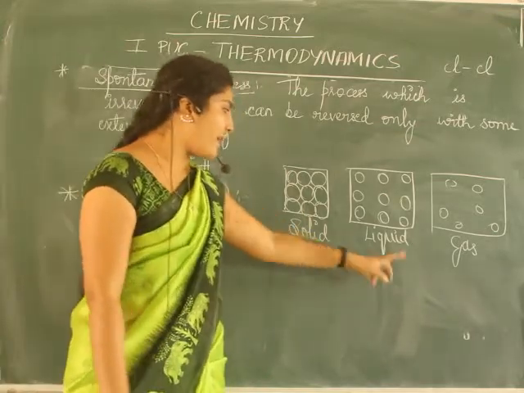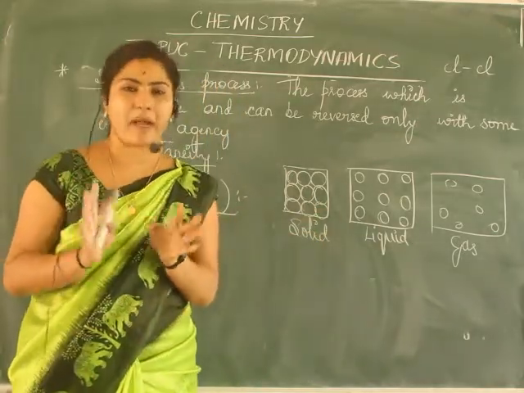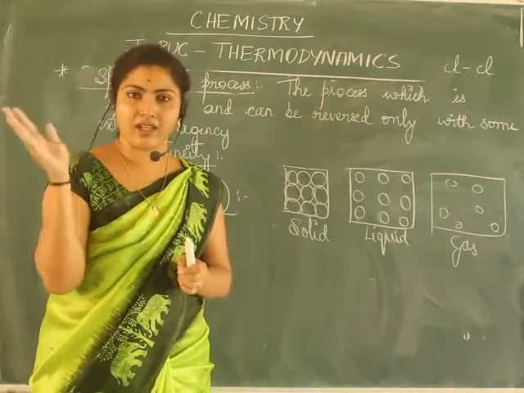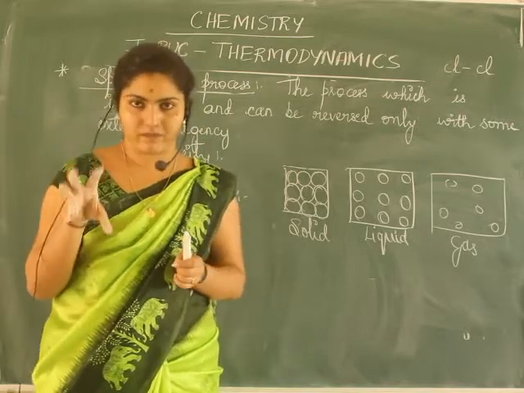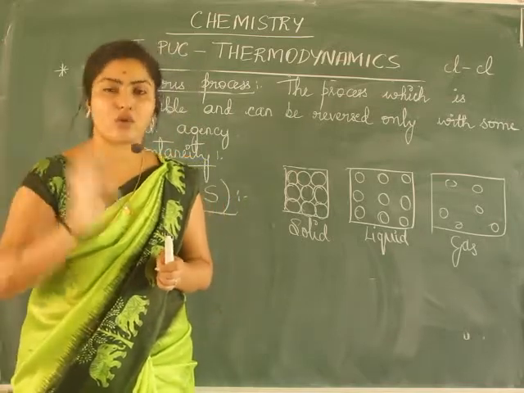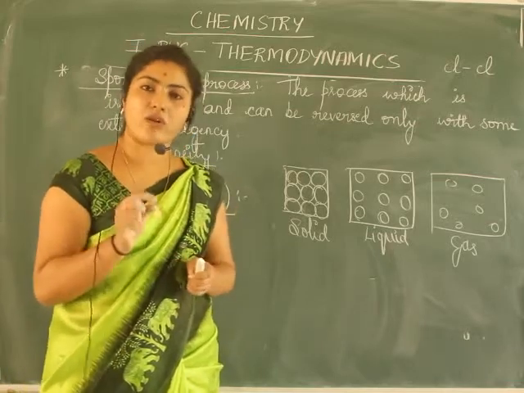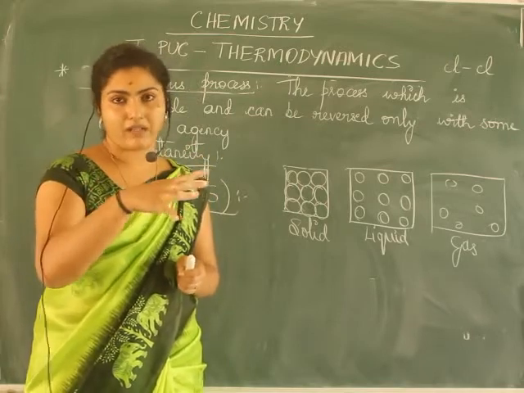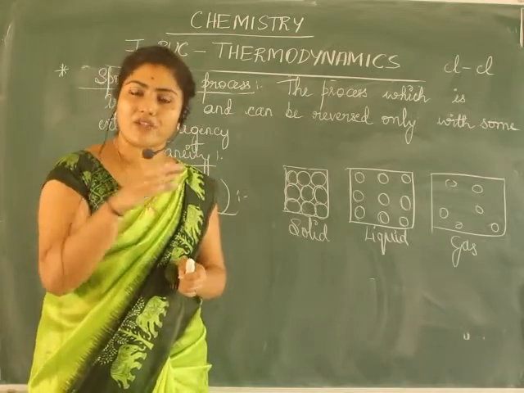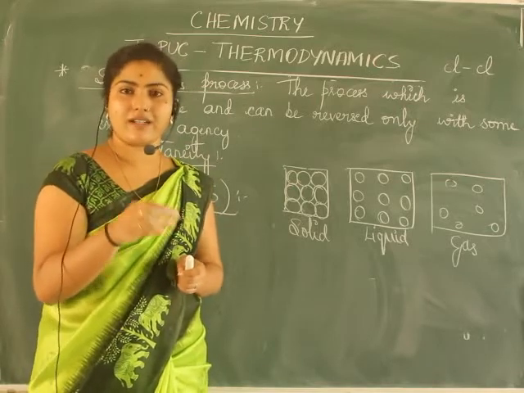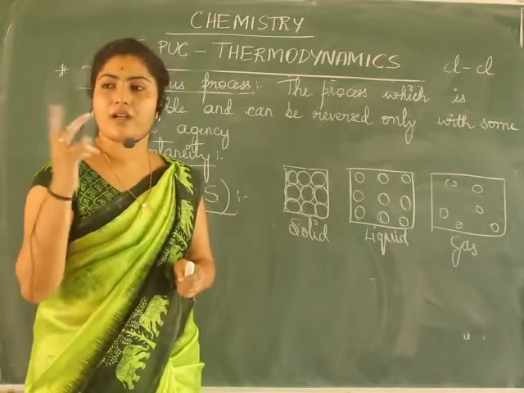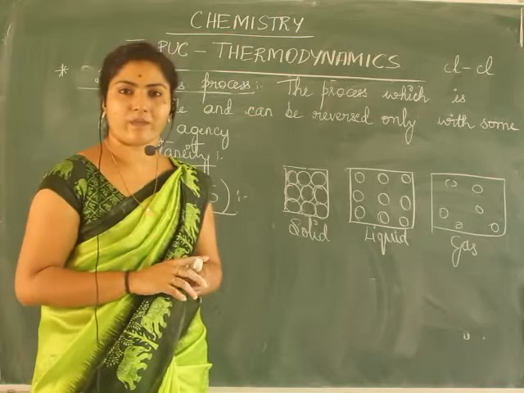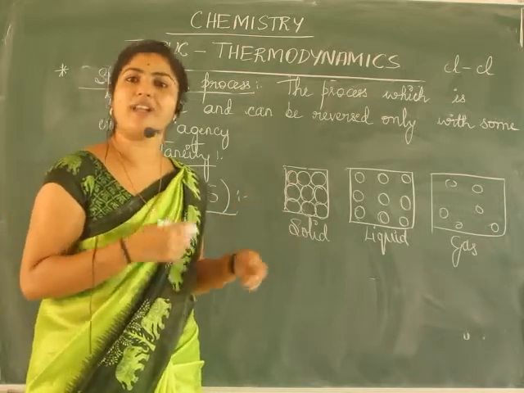Come to the liquid. Compare solids and liquids. Say you take a stone. In stone, do you say the particles are moving here and there? No, because they are all orderly arranged. So disorderness is less in a stone. Take water. In water, do you say the particles are the same as in solids? No, they are arranged such that they can flow. The liquid state means the liquid can flow easily. So compared to solids, that is stone, in water the disorderness is more. So we say entropy is more in liquid.